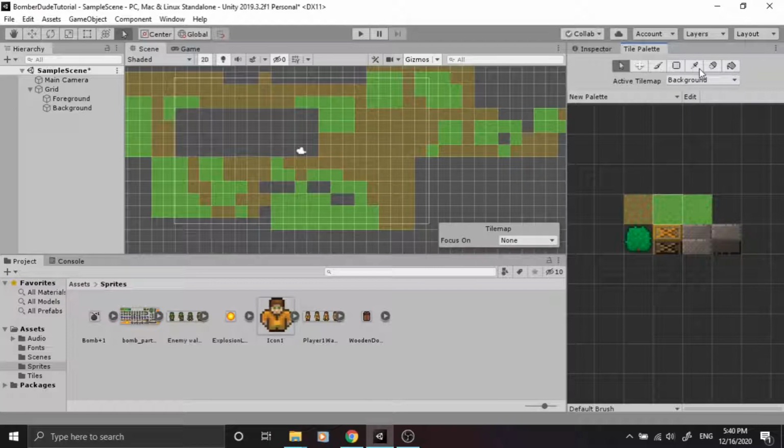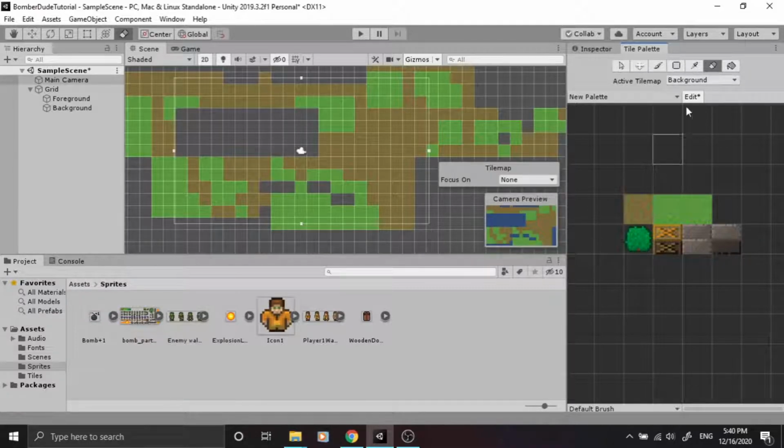So that's how we use these tools. Also we can use these tools in our tile palette. If we click on this edit, now we can move this tile if you want. Also we can erase it. Also we can select and paint with it like so.